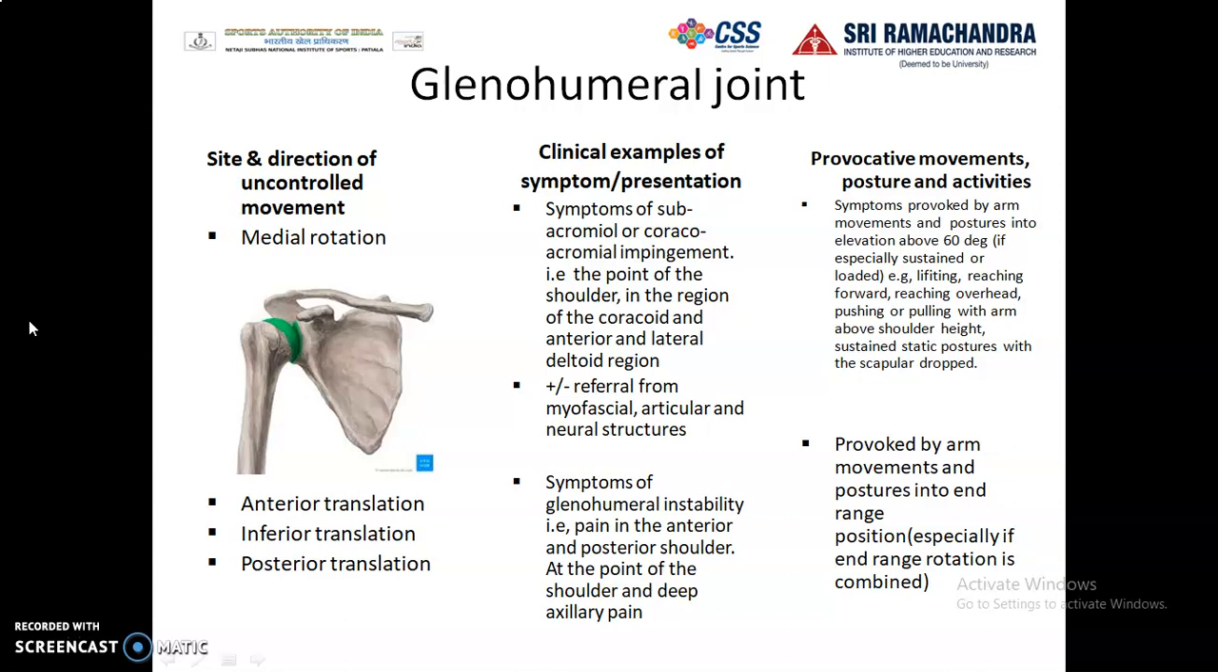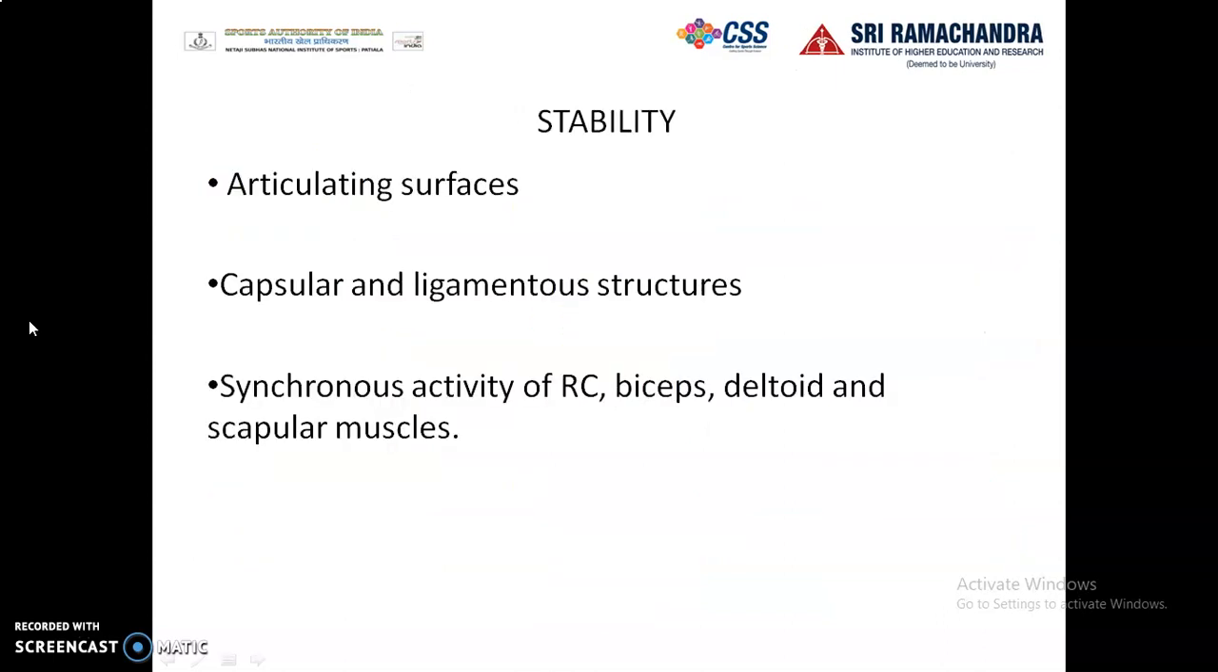On my left hand side, if you look at the site and direction of uncontrolled movement at the glenohumeral joint, the head of the humerus has a tendency to move anteriorly, inferiorly, and posteriorly. The clinical examples of symptoms and presentations are the same: symptoms of subacromial and coracoacromial impingement, which means pain at the point of the shoulder in the region of the coracoid and anterolateral deltoid region. As we saw in the previous slides, the source of pain may be myofascial, articular, or neural structures,